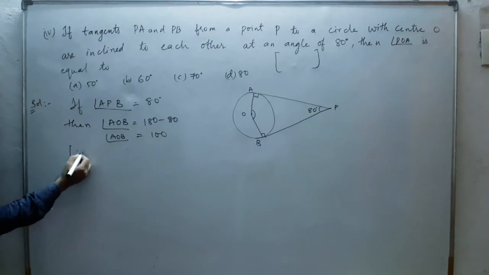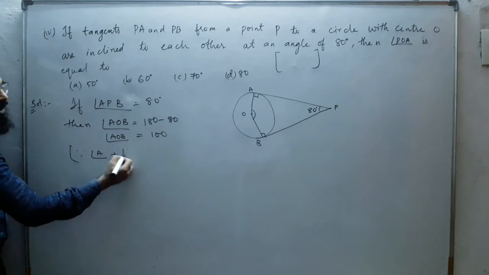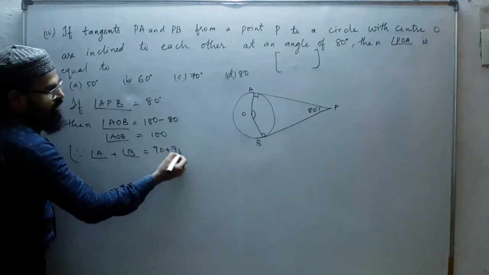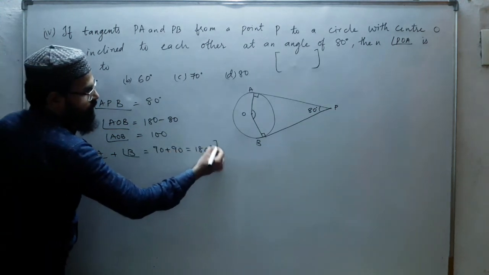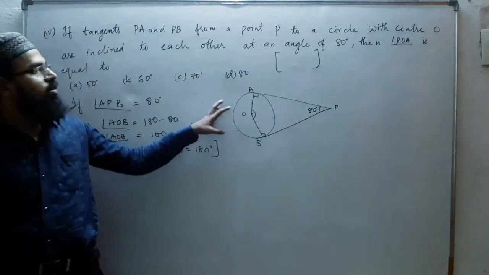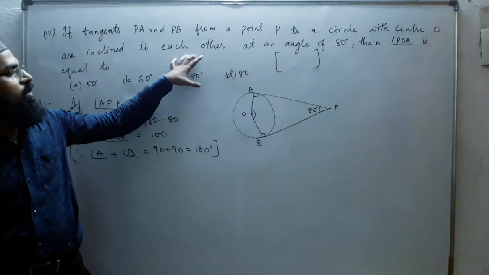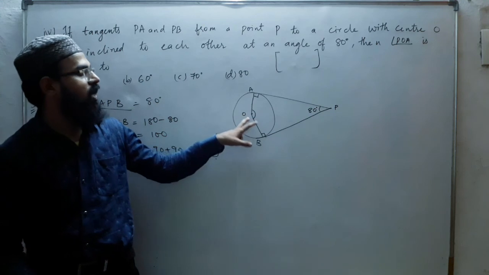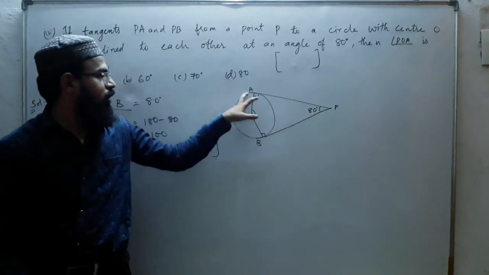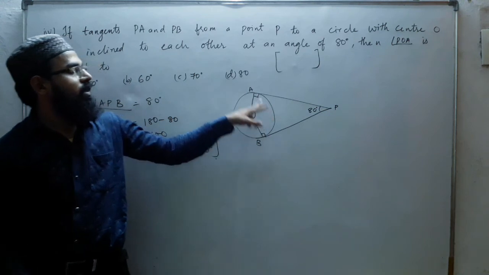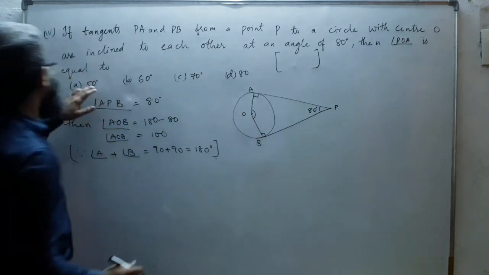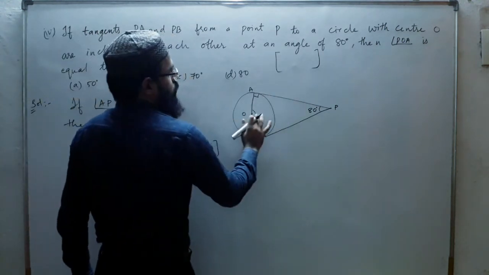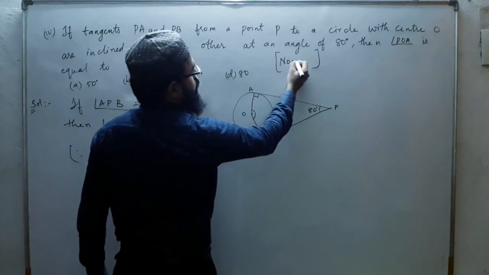From where we have got this? Since angle A plus angle B is equals to 90 plus 90 is equals to 180 degrees. They have not said clearly whether we are bisecting this, means dividing it into two equal halves, because of POA. If they had said that clearly, we could have written the answer 50, but they have not said it. The question is not clear, that's why we are writing it none.